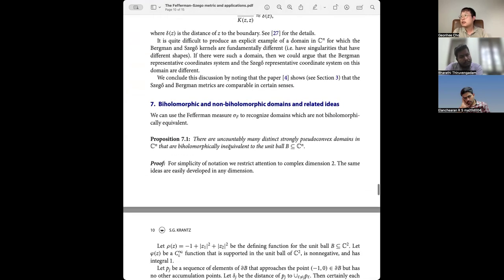It just says there are uncountably many distinct strongly pseudo-convex domains which are not the same as the ball. Then are we really sure that the Szego metric is also equivalent to the other invariant metrics? Can you really say so? It seems it could be just a consequence of the known result, but I'm not really sure. So this is also a direction we can ask about. Suppose we have a certain squeezing property; then does the Szego metric behave similarly to the other invariant metrics? This is another possible question.